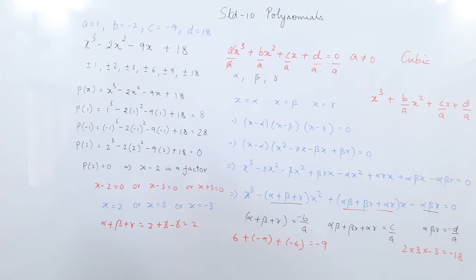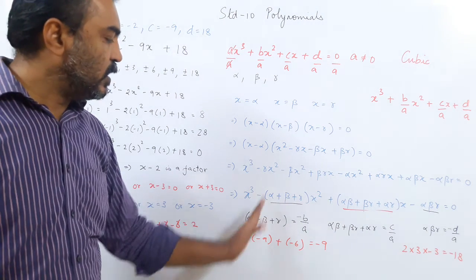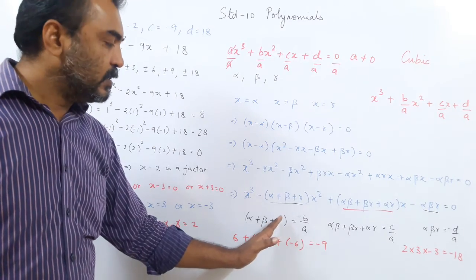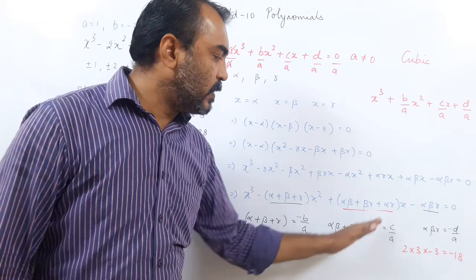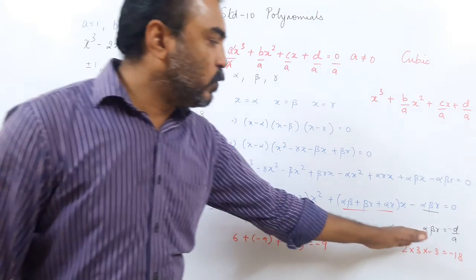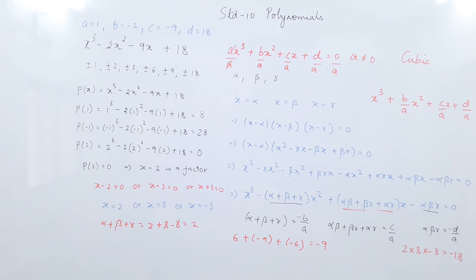So you will be asked the same question now. You will be given a cubic polynomial. You have to revise from the 9th standard how to find the three roots, alpha, beta and gamma. Then verify that the sum of the three roots, alpha plus beta plus gamma, is minus b upon a, alpha beta plus beta gamma plus alpha gamma is c upon a, and alpha into beta into gamma is minus d upon a. So I have covered the topic of cubic polynomials, and the relation between alpha, beta and gamma.